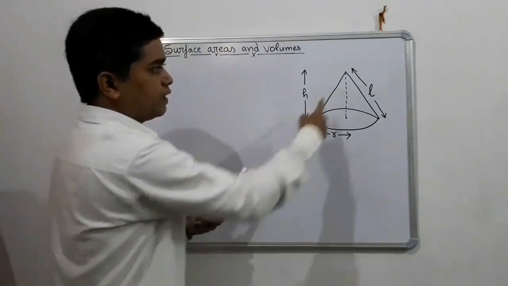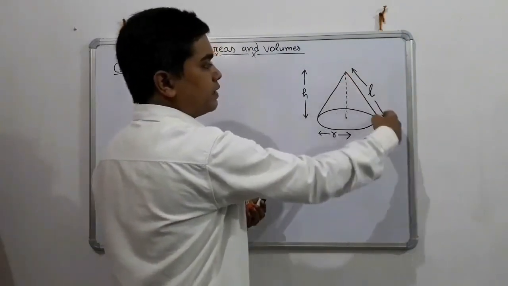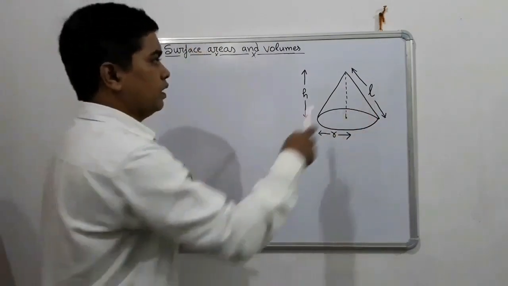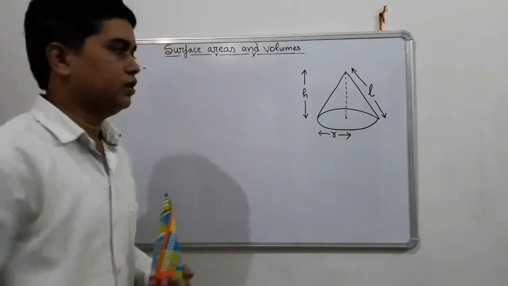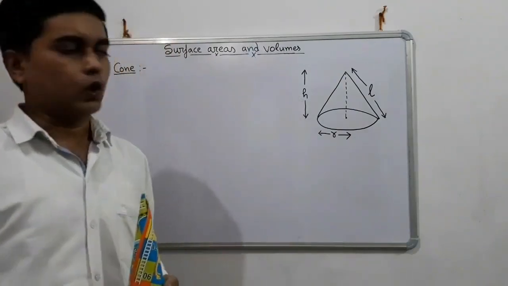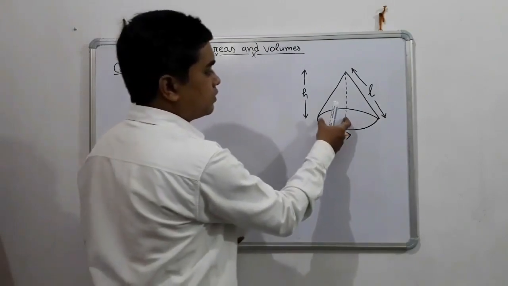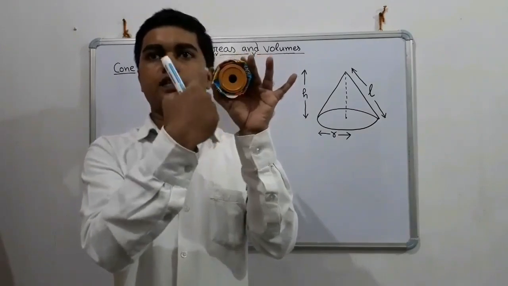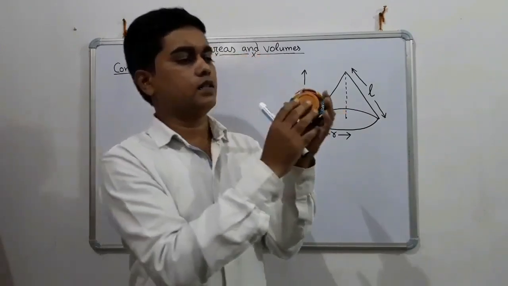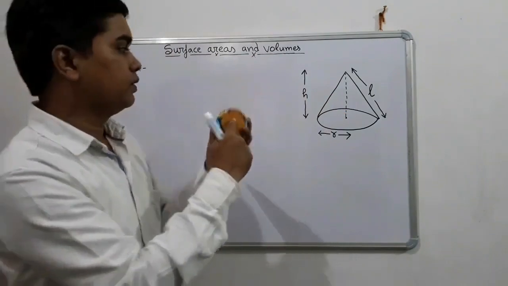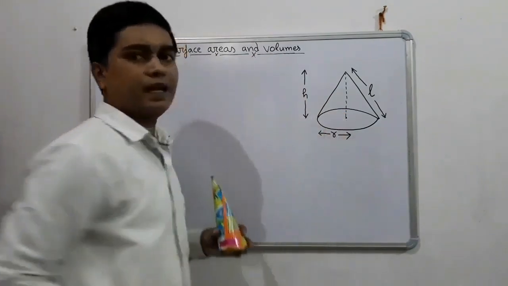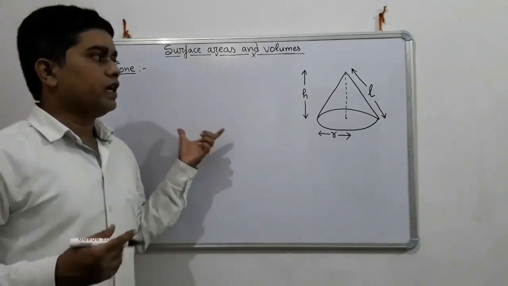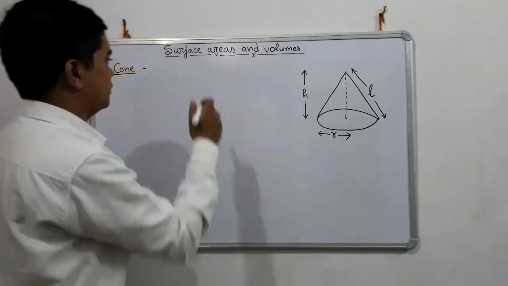Okay, so in diagram you can see this is slant height, and slant height is represented by small l, and this is actual height. So we will denote it by small h. And base, now see, base of this cone is circular. So it means if this is in circle form, then radius of this you can take r. Children, how you can find slant height? Let's see.